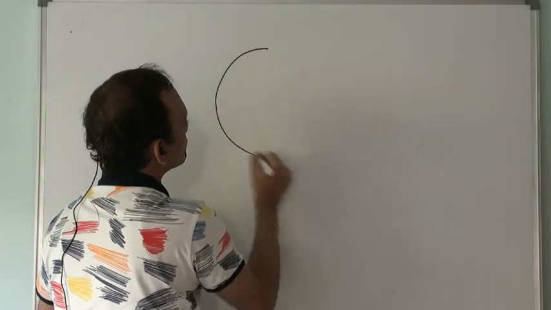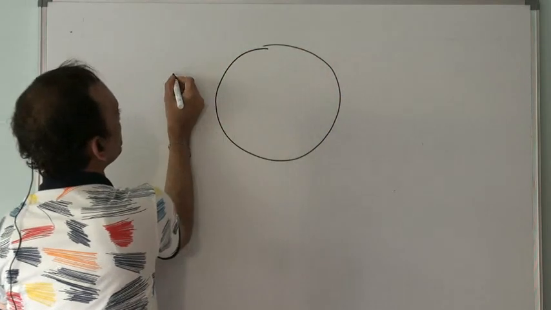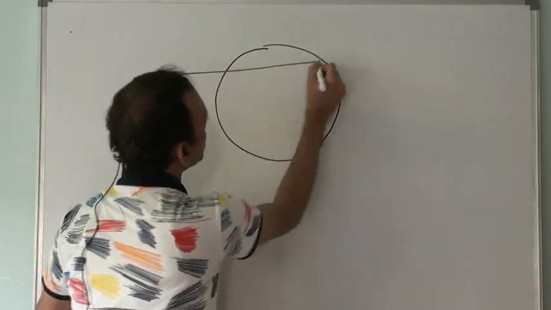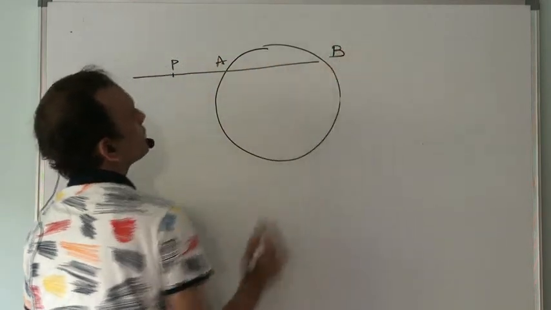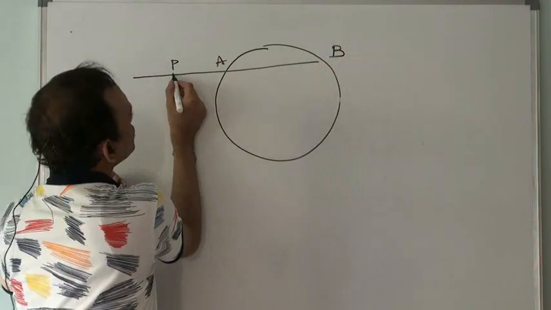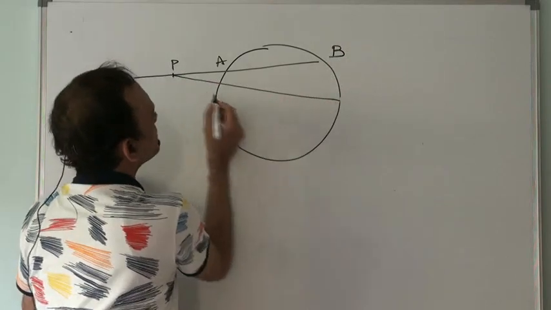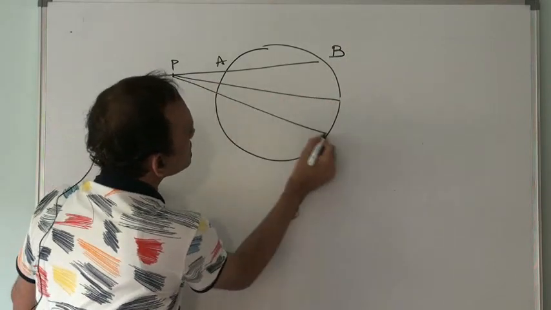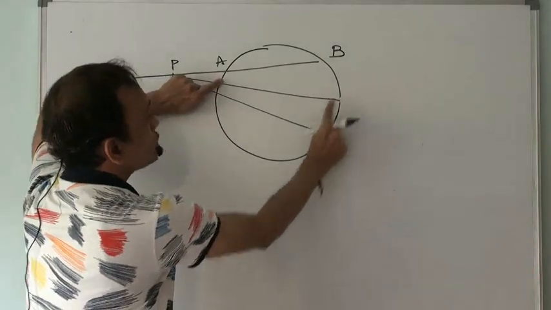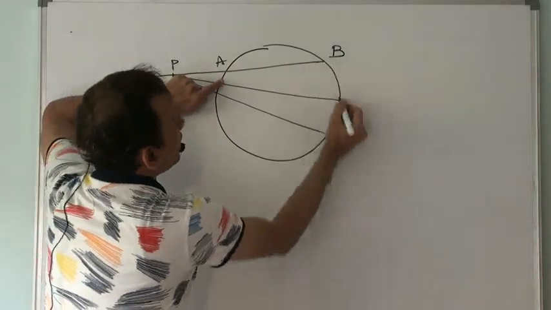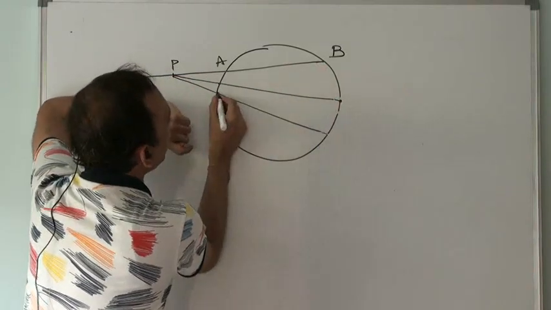Hey, if I have a point P, this is a secant that any secant that I draw from a point P, PA, PB, right? Now, I could keep drawing secants. This would be another secant, this would be another secant, and in all these secants, the points A and B